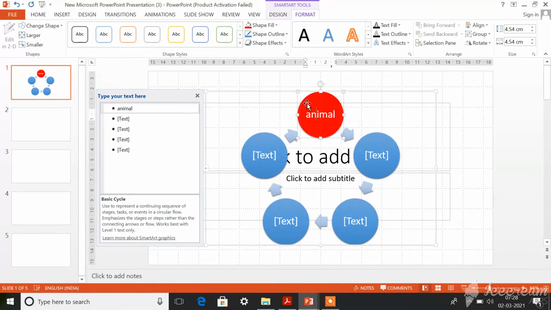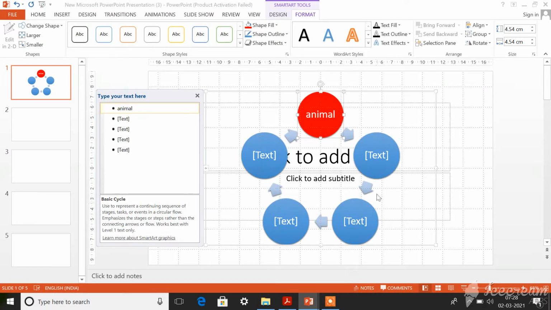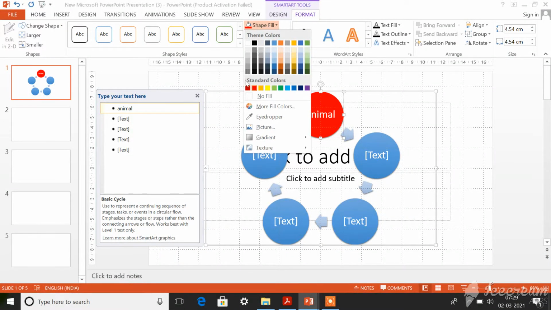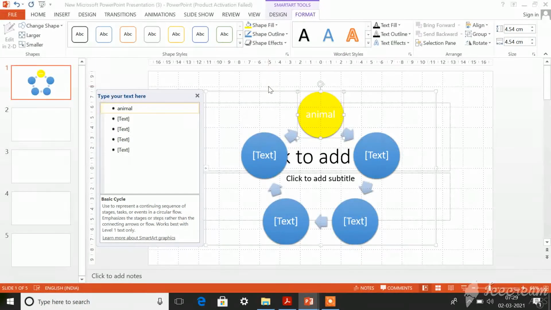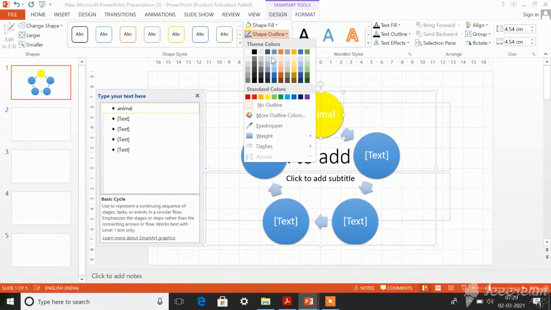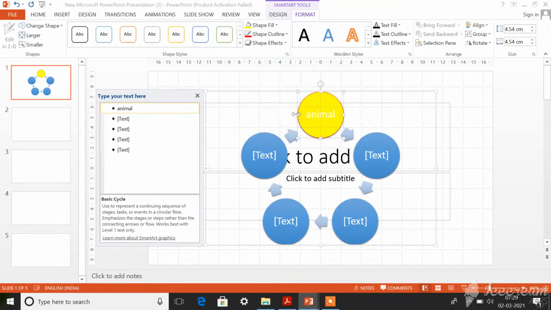If you choose that particular circle, it will be changed to the color that you choose. So in Shape Styles there is an option called Shape Fill. Click on the down arrow and choose the color that you want. Then Shape Outline, when you click on that, only the outline you can change. Now if I choose red color, can you see the outline of this circle is red in color.